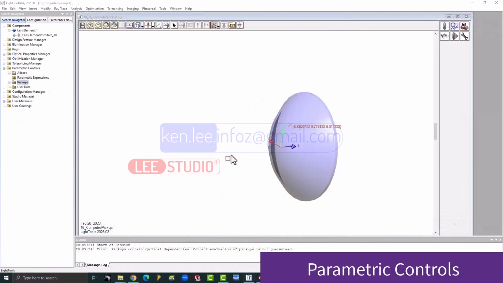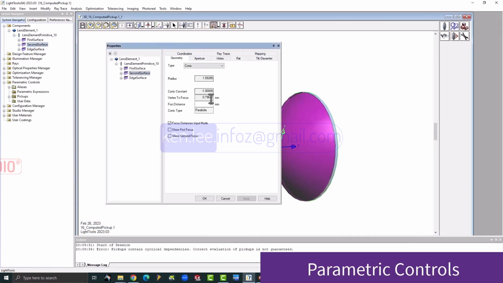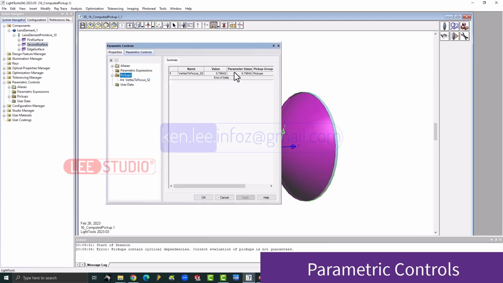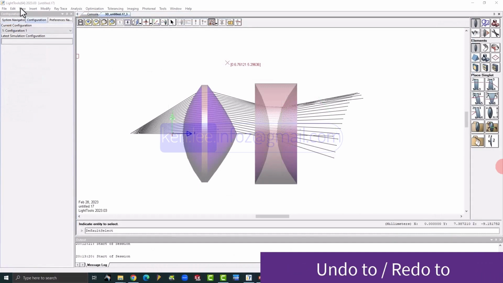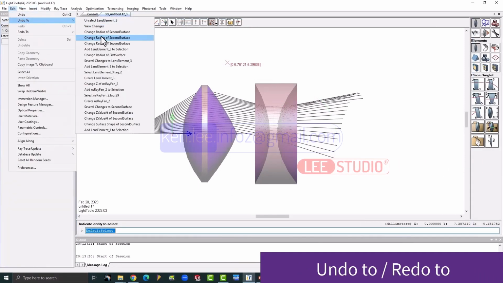For parametric controls, LightTools now allows you to define pickups based on computed model parameters. For convenient inspection of your parametric controls, parametric items and pickups can now be displayed in the summary table in the parametric control window. Also on the usability side, a new menu-based undo to and redo to feature lets you